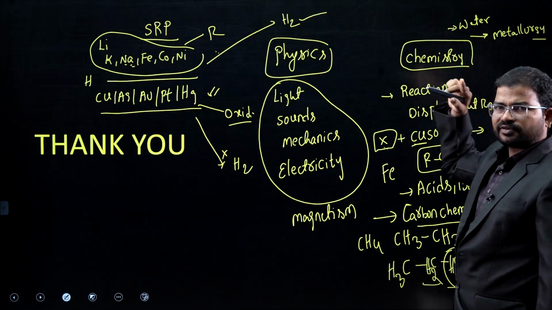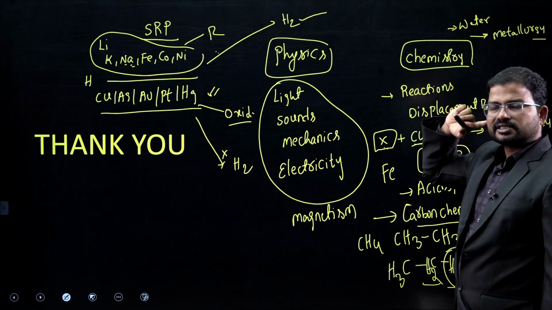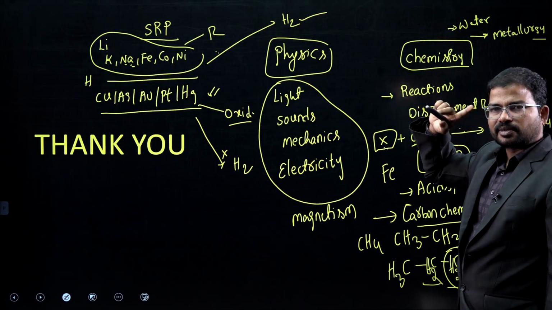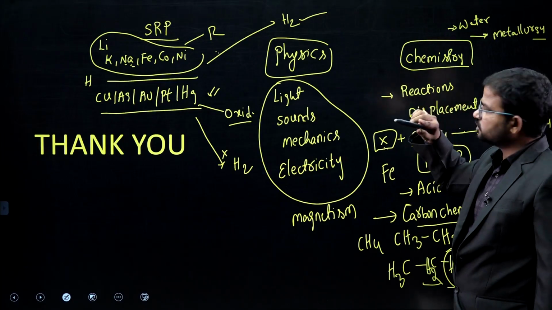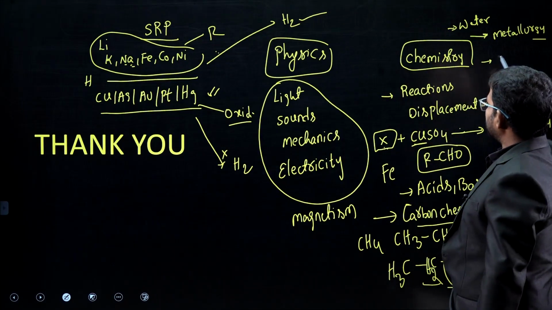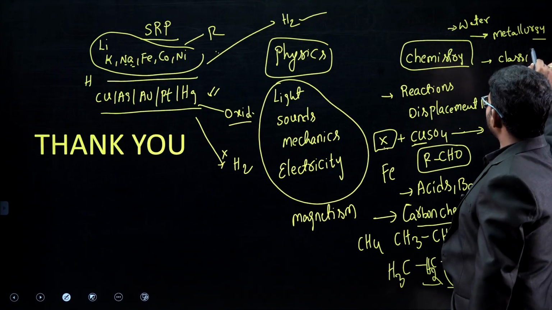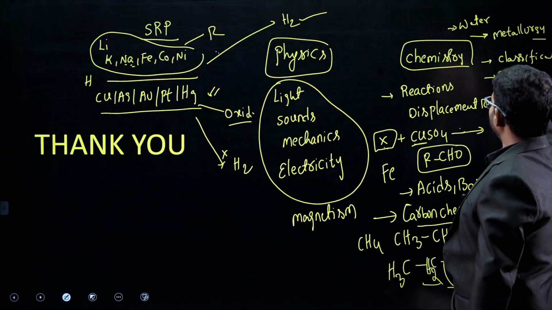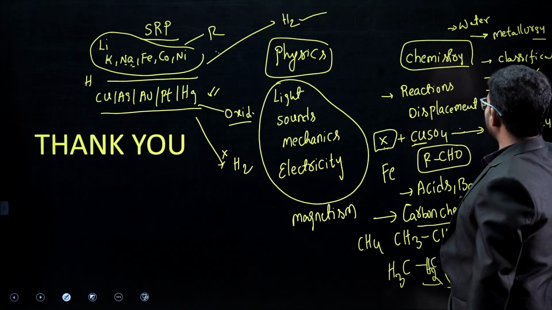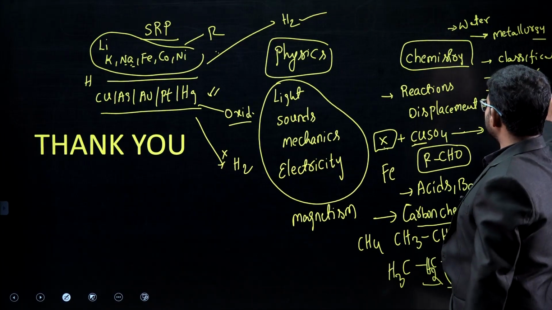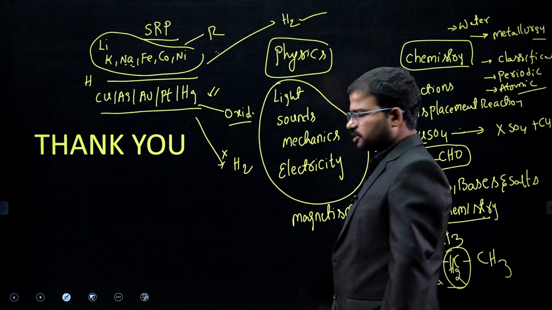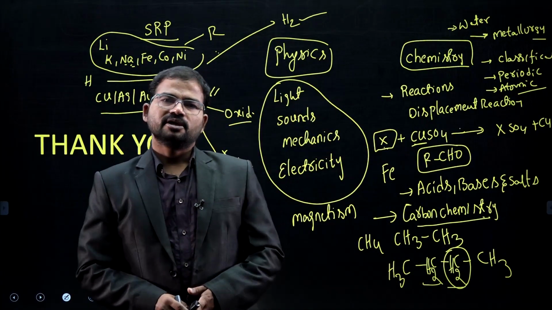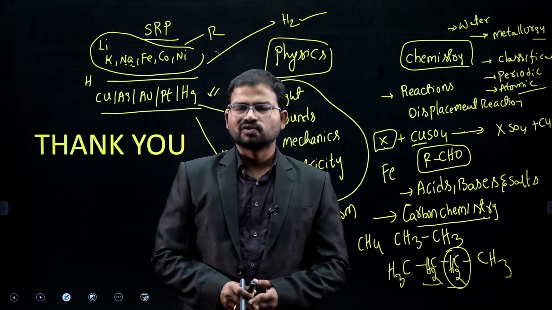Metallurgy means we have different types of alloys. How to get steel, what kind of elements it has. Next, stainless steel. Next, bronze. Next, classification of elements. Next, periodic table, atomic structure. So these are all some of the basic concepts. You should focus on these areas. Definitely you can get a good score, there is no doubt about it.